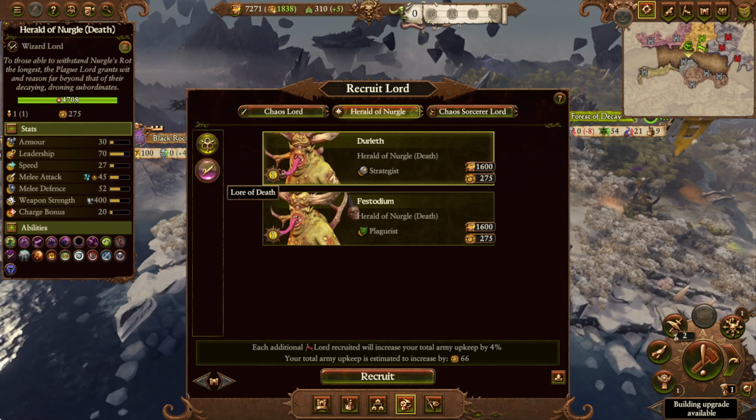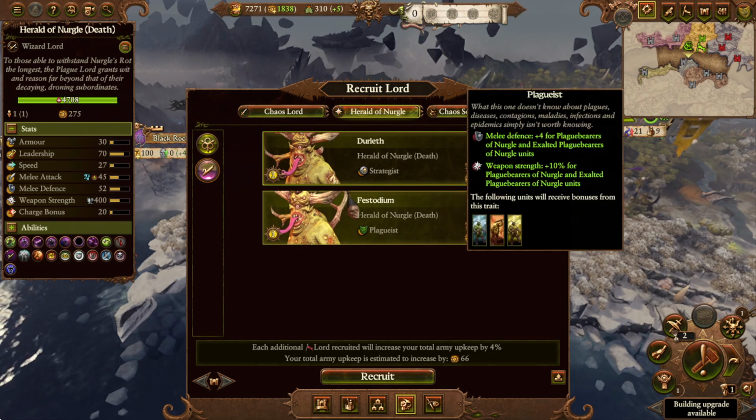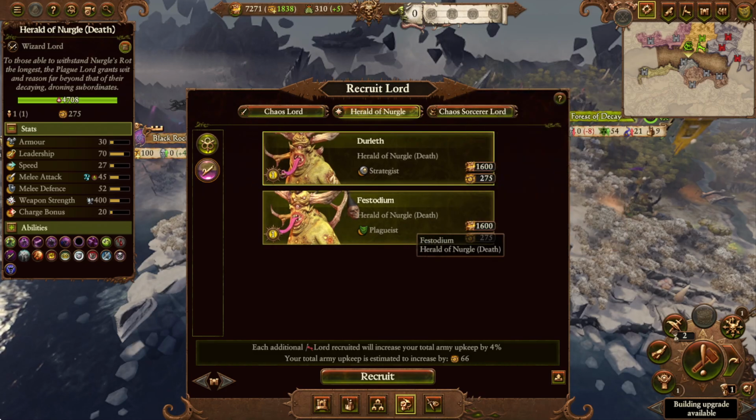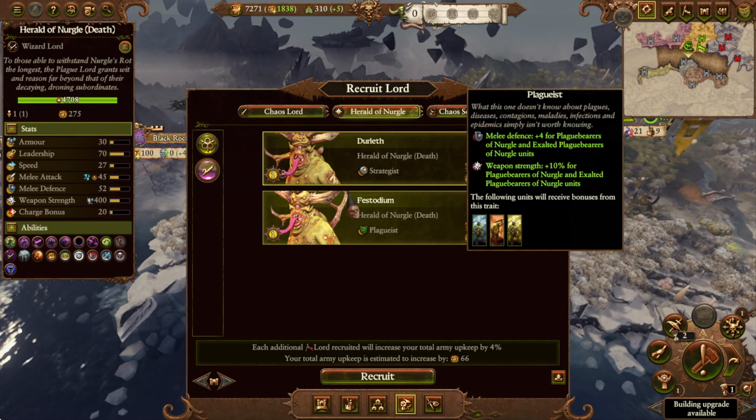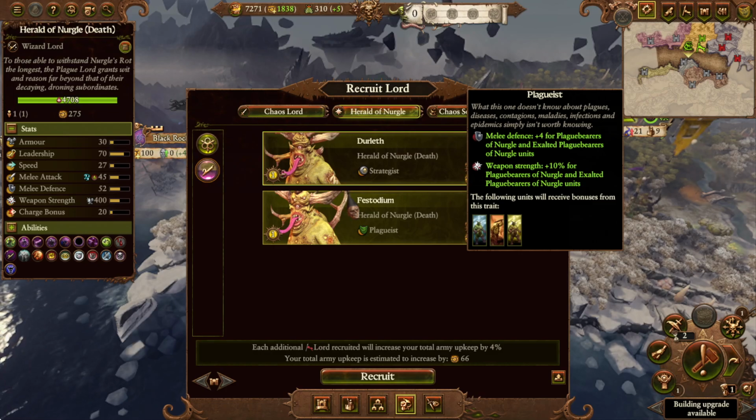You're going to go into Death because we've already got a Plague Ridden of Nurgle, and you're going to pick out your Nurgle Herald of Death. In this case, the Strategist, I'm not even sure if that actually works, and then there's Plagueist, which makes Plague Bearers more tanky. Plague Bearers are going to be a very common unit for us in this campaign because Epidemius actually buffs them a lot, but also it's a bread and butter unit for Nurgle, and this guy will help out